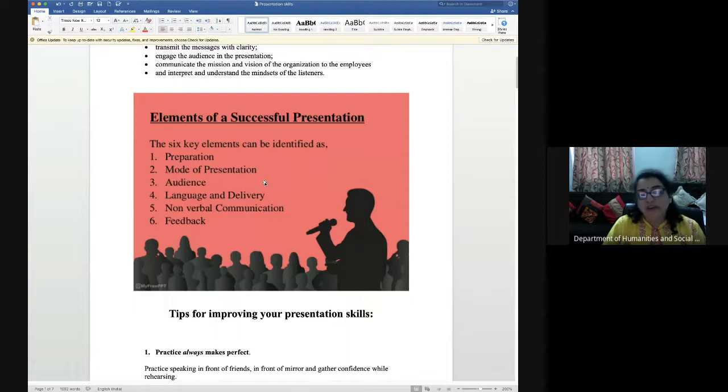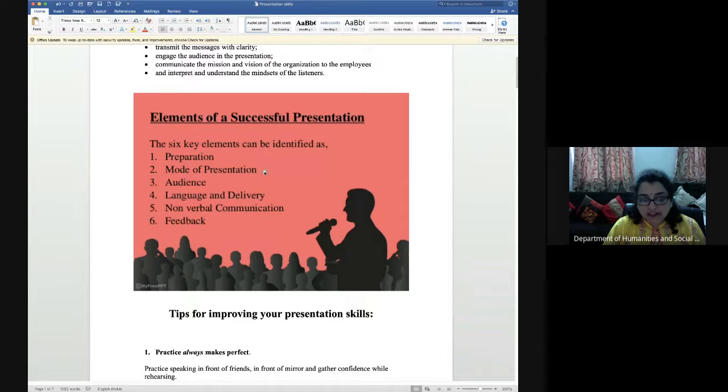So the mode of presentation there is documentaries and films, because then they can understand better, because they cannot read what is being written, and they cannot understand the technical things. If you make a graph or a table, they will not be able to understand. So in rural areas, the mode of presentation is generally, because the audience is such, you have to make a documentary or a film.